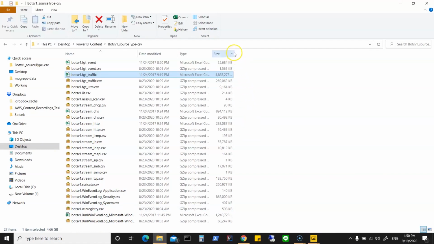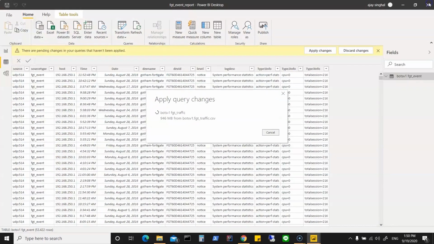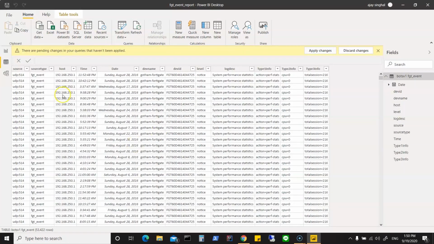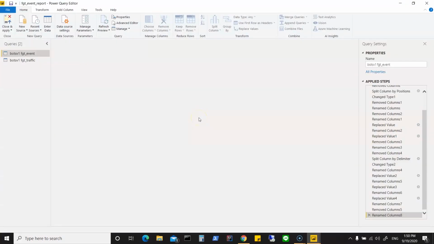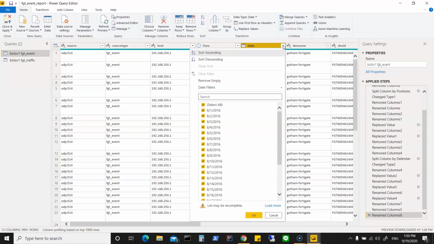If you see, that's almost 4 gigabytes. So it's a 4 gigabytes data set. Might be we have to cancel this, and there are some pending changes, but let's reduce it. So what I'll do is I'll go for transformation and I'll do a transform. And we have these different filters, but let's go for the date field, which talks about something,